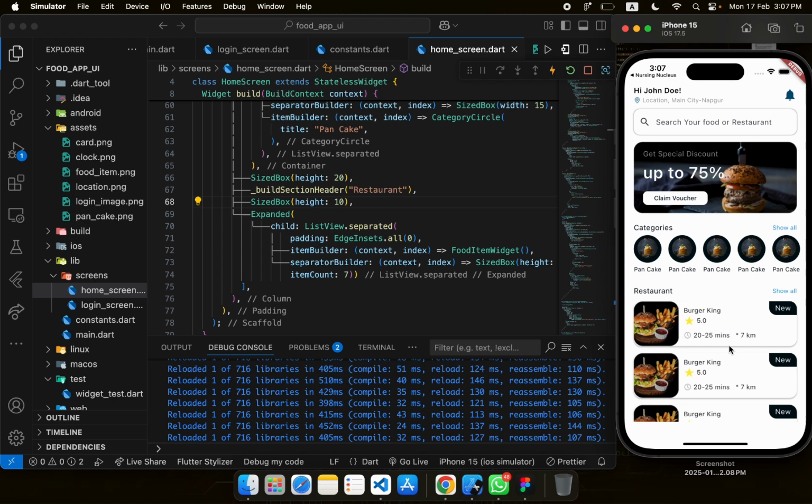You can see we have this list view, we have this card, we have all the widgets. There are lots of adjustments that can be made, but the video is just for you to build your design skills. So if you want to build pixel perfect UI, you can play around with it and observe each and every widget, and you can even calculate pixels, and based on that you can generate a UI that will be pixel perfect. That is something that can't be covered in this video because of time limitation, but we have built this screen,